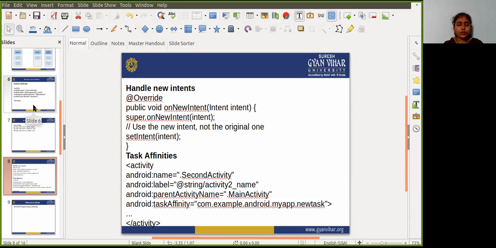So there are mainly four launch modes available for the activity element. The first one is standard, where a new activity is launched and added to the back stack of the current task.